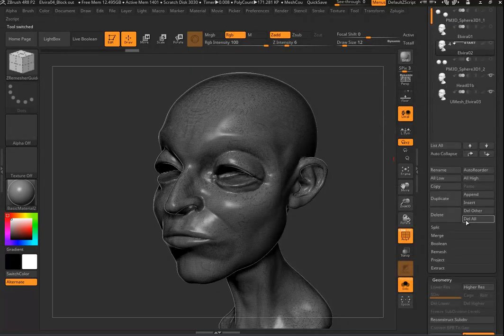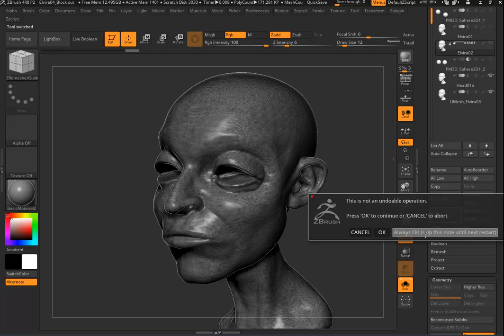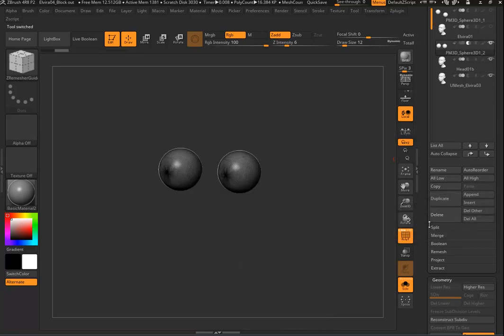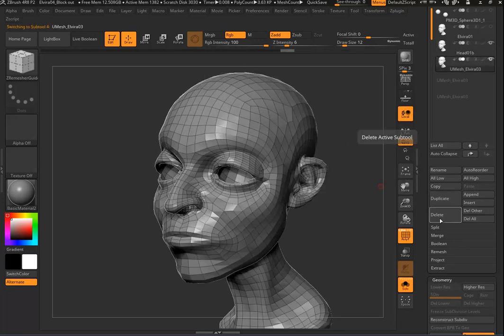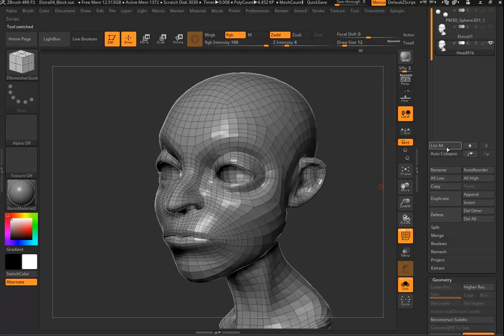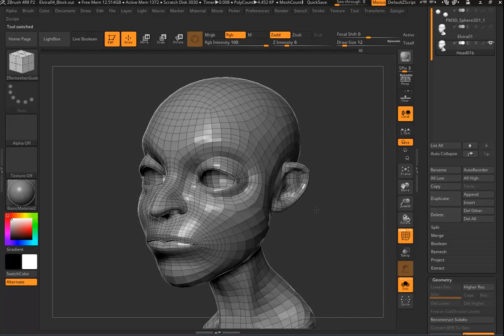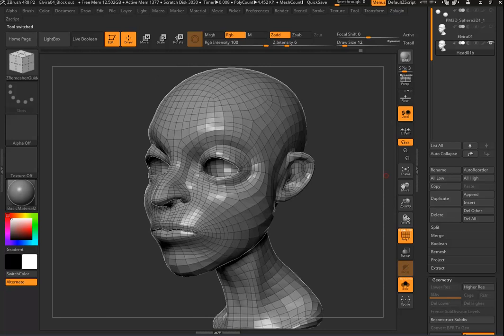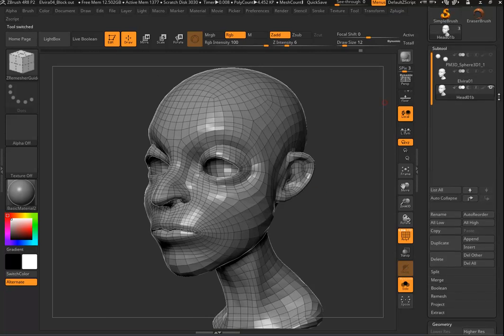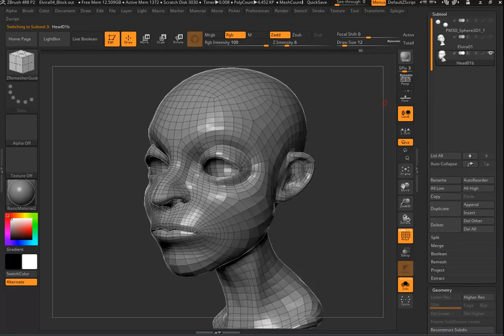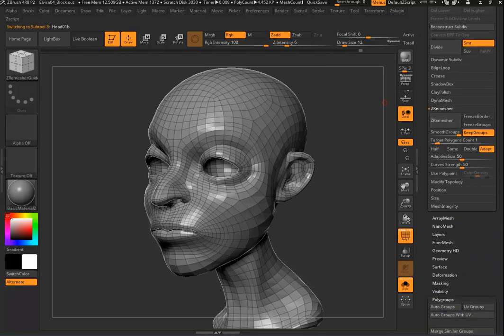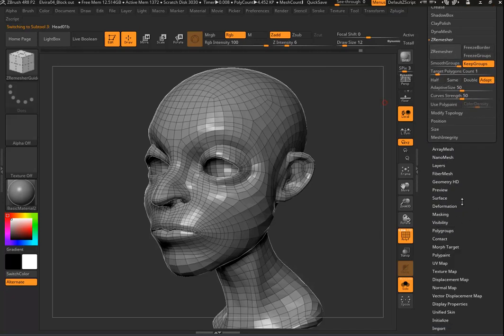I do have the original mesh there too, if I need that for any reason. But I'm going to get rid of this one, just delete it. And I'll get rid of that second set of eyeballs, because somewhere down the line I'm going to get confused. That's my good mesh. This one here is an old one I don't want anymore either. I'm going to delete it. Now, before I start making sure that these two are identical, I'm going to be using a projection feature down in here. Before I do that, I'm going to take this mesh and go down into